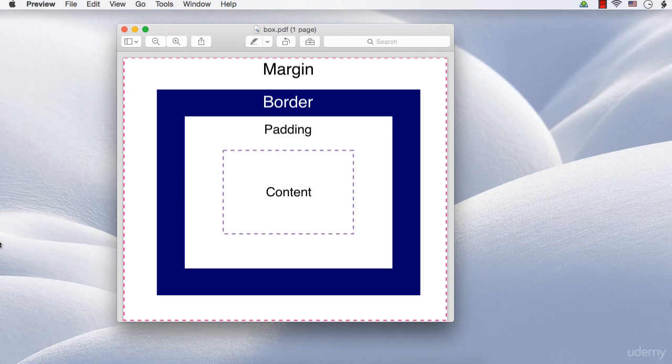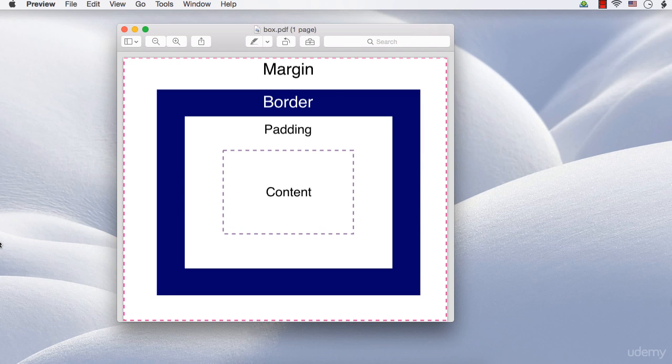In this lecture, let's discuss CSS box model in detail. CSS box model is very important when it comes to the design and layout of web pages. You need to understand the CSS box model to set the size of your elements. So, as per CSS box model, every element on a web page is a box, and the size of which can be decided by a number of properties.